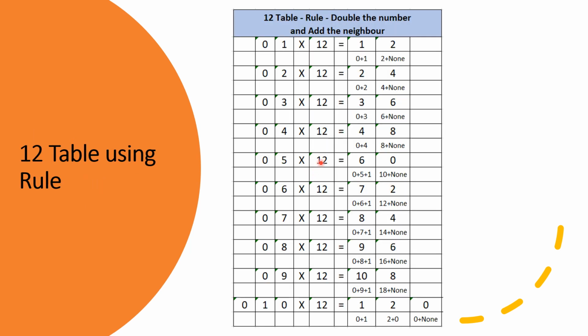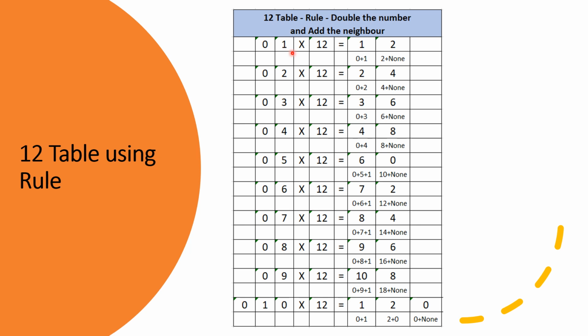You can see the same rule applies even for the tables, and you can attain the same results using this particular rule on the table as well. If you see 0 and 1, the rule is double the number and add the neighbor. When it comes to 1, you are doubling the number, 2 plus none equals 2, and then 0 into 2 is 0, plus the neighbor 1. In simple terms, all these numbers are getting doubled. So 1 becomes 2, 2 becomes 4, 3 becomes 6, 4 becomes 8, like that. And the next number is just adding its neighbor to it.